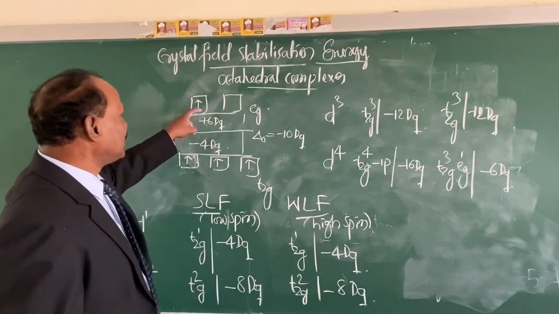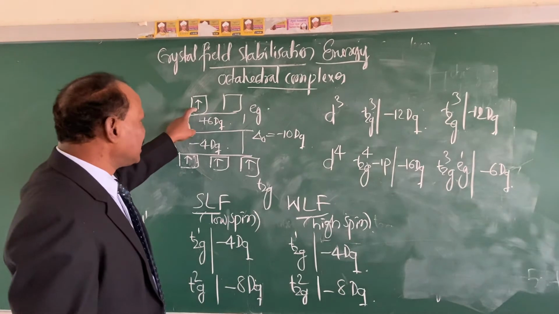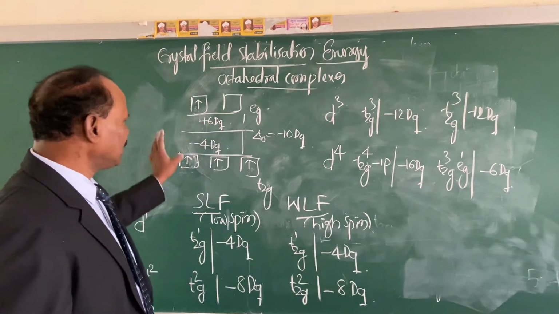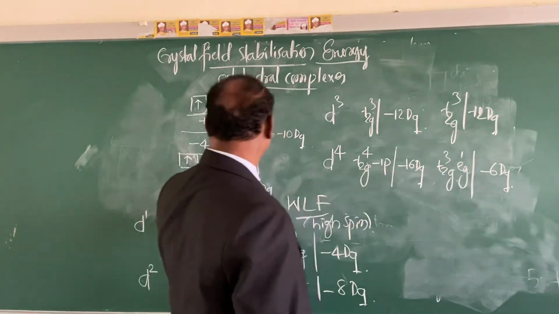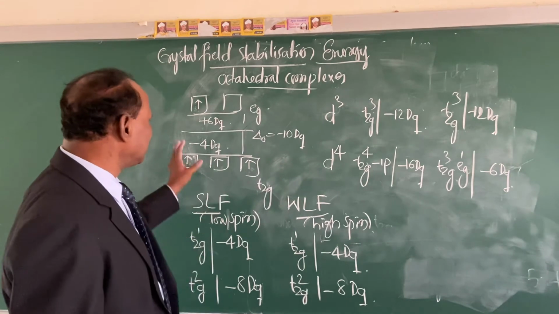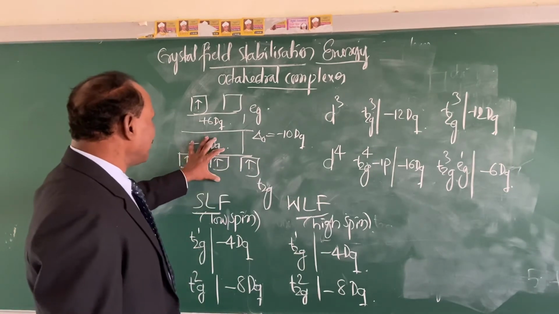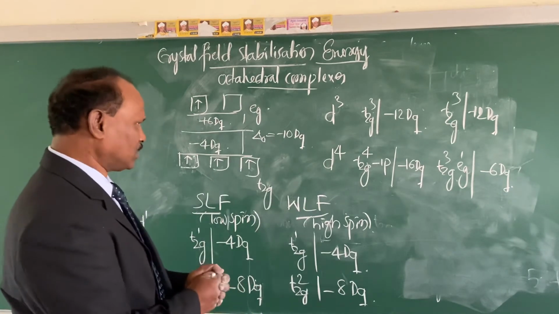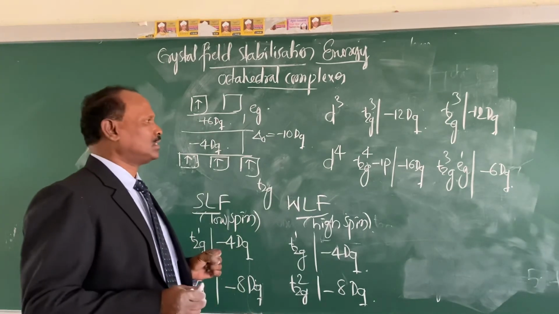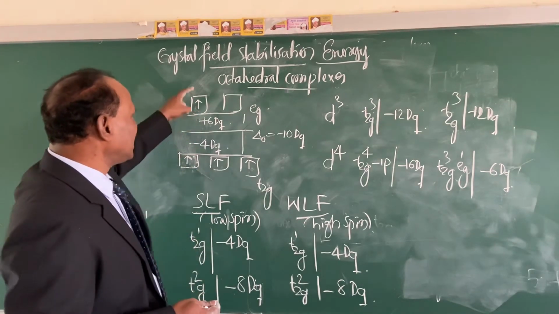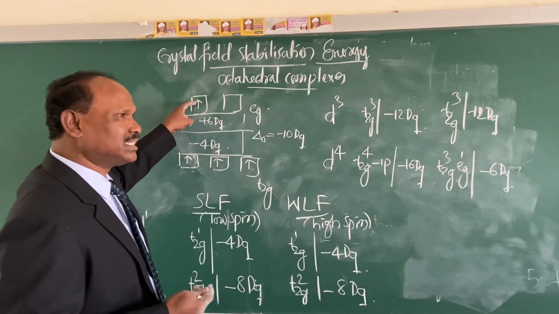It is going to what? The higher energy level, that is the Eg energy level, and hence the configuration becomes t2g3 eg1, and the energy becomes 12 minus 12 plus 6, which gives us minus 6 Dq. Now here the question is why this electron is going to the higher energy level, that is the Eg energy level.